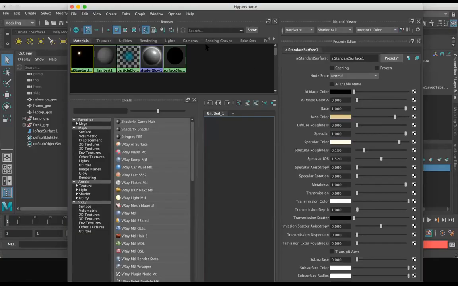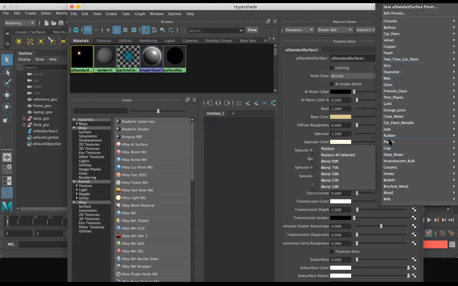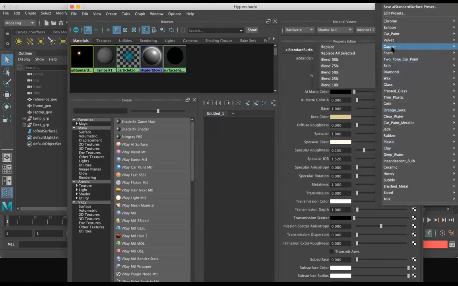So again, guys, I restarted my Maya. Now what I did is I created an aiStandardSurface material, and I added some color here with a preset of gold. Previously I selected the copper and it messed up, right?